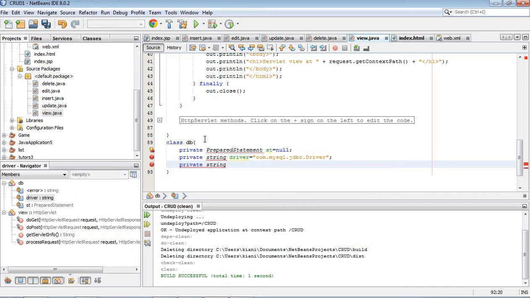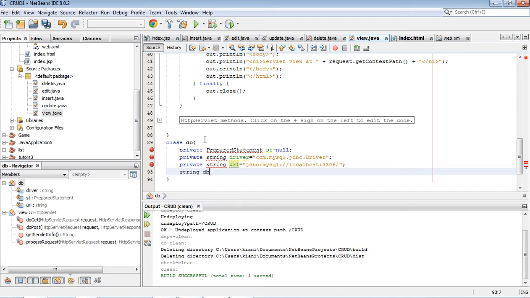Then private data member String URL is equal to jdbc:mysql://localhost:3306/ - this is the MySQL default port.